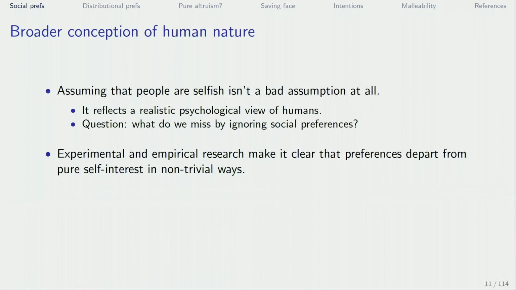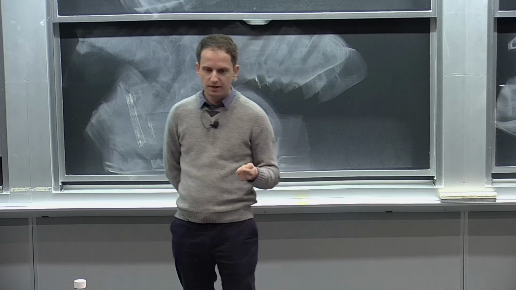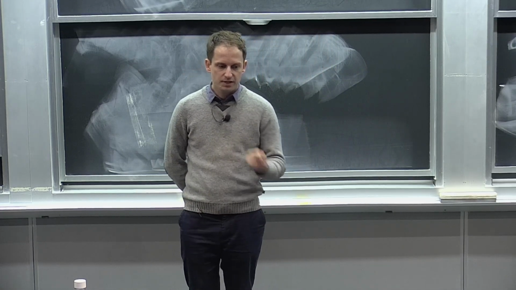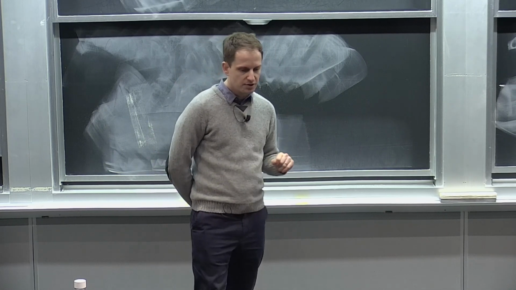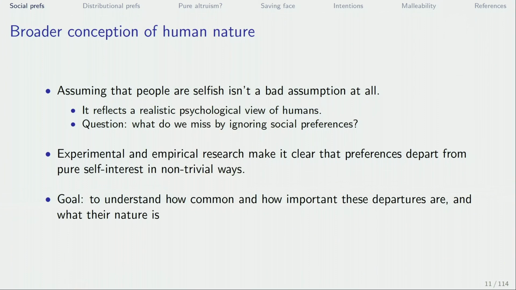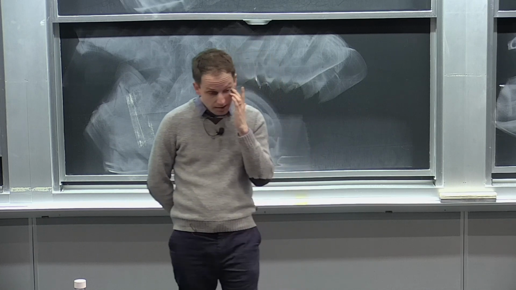It's pretty clear that preferences depart from pure self-interest in non-trivial ways. And the question we're going to ask is, are there some concrete settings where we really care about this and say, well, we should model things differently, and if we do that, we can understand certain phenomena better. So the goal here is to understand how common and important these departures are and what their nature is like, how can we best model these. And here's a nice example